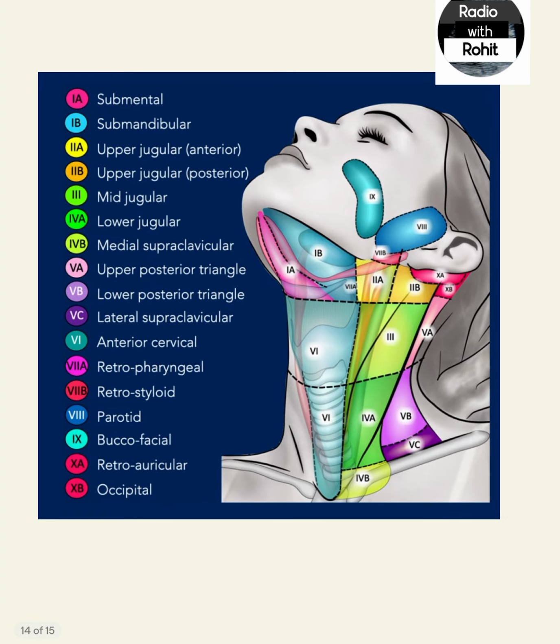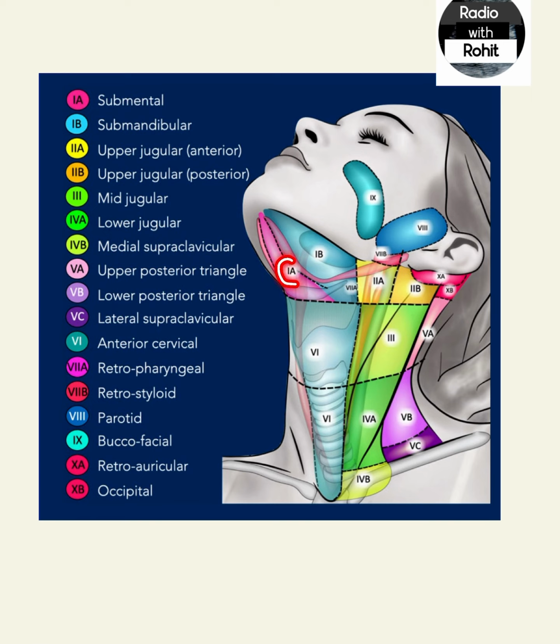So at the end we are summarizing: this is 1A submental, 1B submandibular, 2A anterior jugular, 2B posterior jugular, 3 is mid jugular, 4A is lower jugular, 4B is the medial supraclavicular, 5A is the upper posterior triangle, 5B is the lower posterior triangle, 5C is the lateral supraclavicular, 6 is the anterior cervical, 7 is the retropharyngeal, 8 is our parotid, 9 is buccofacial, and 10 is divided into two: